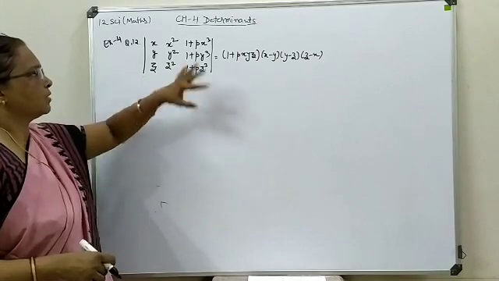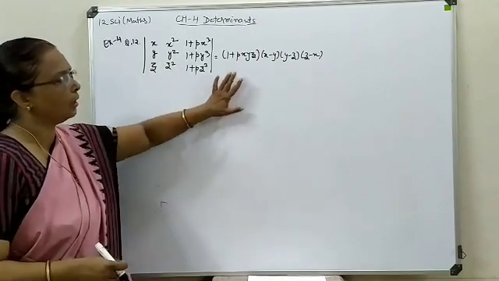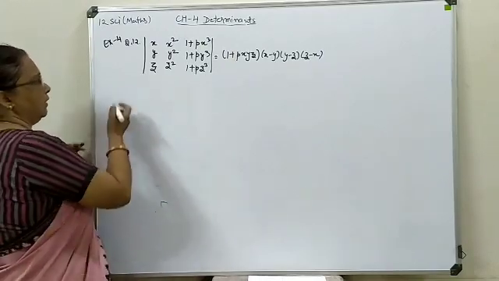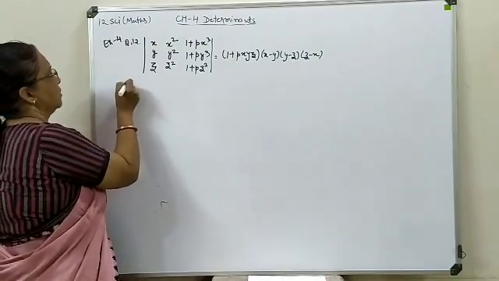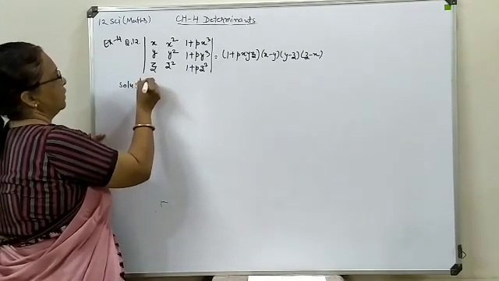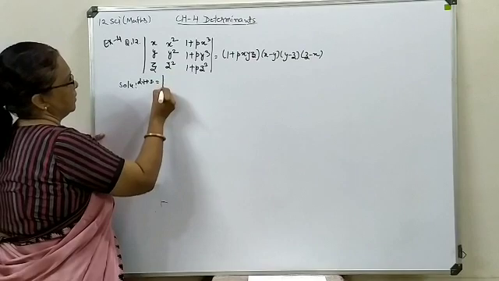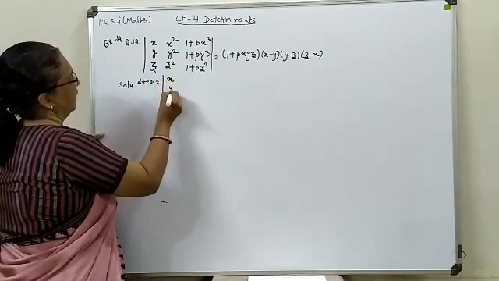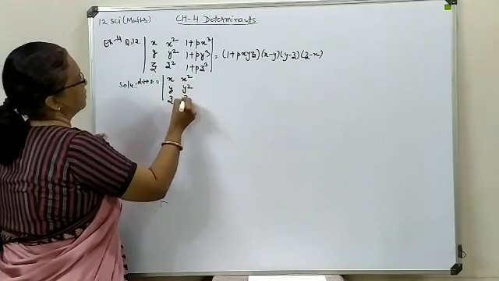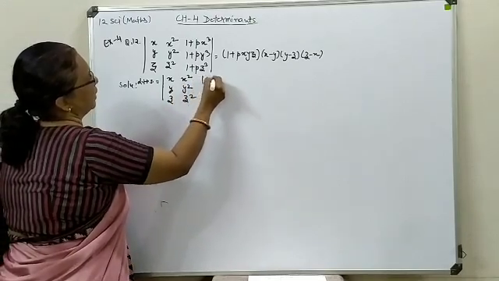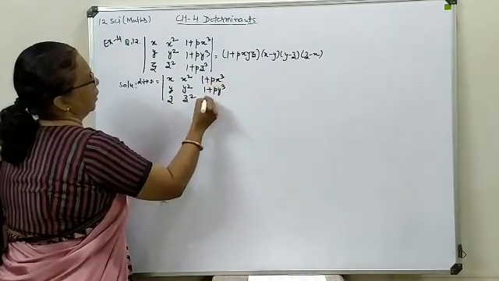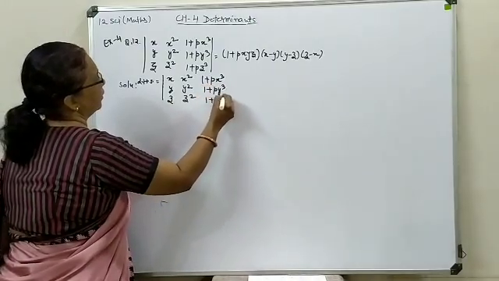is p. These all combinations you have to turn into a 4-factor form. So let's start with its solution and try to understand what form is available with us. So on the left hand side we are having the determinant as x, y and z, x square, y square, z square, 1 plus p x cube, 1 plus p y cube, 1 plus p z cube.